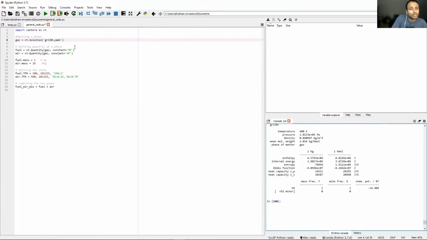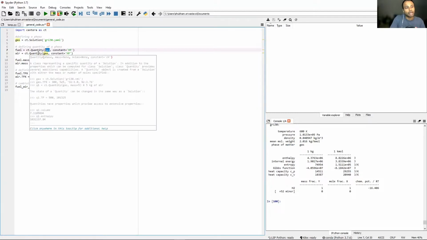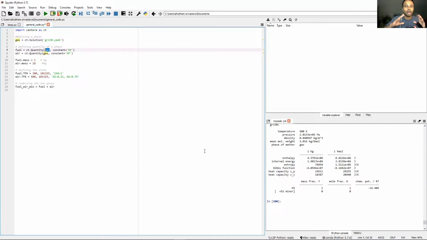All right, let's quickly go through this. So the next line is now we use a class called quantity. This class actually specifies the quantity of the solution, or the solution object rather. So you have the solution object gas. So you use this class to assign a particular quantity of gas, a particular quantity of this solution object that